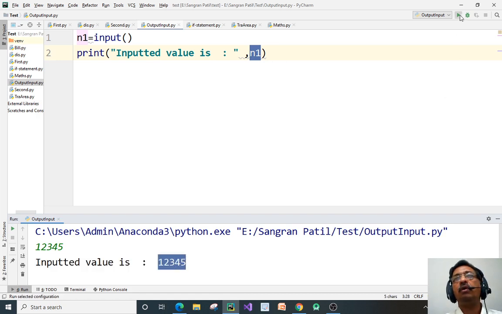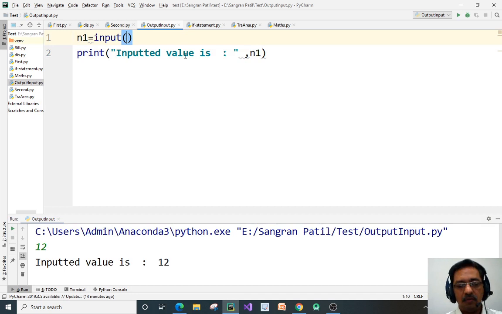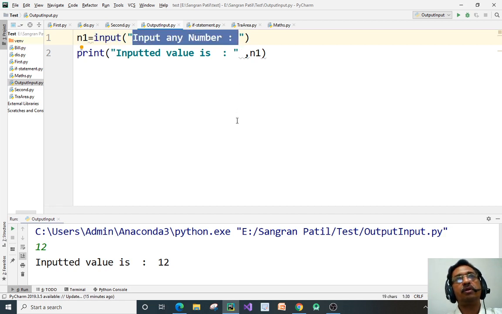Now when we execute the program, it directly gives a blinking cursor. It won't give anything. Okay, so if you want to ask the user to input the value, then we will modify this. Input any number, like this. So what happens here? Input indicates you want to read the information, and before reading the information, it displays this message to the user.